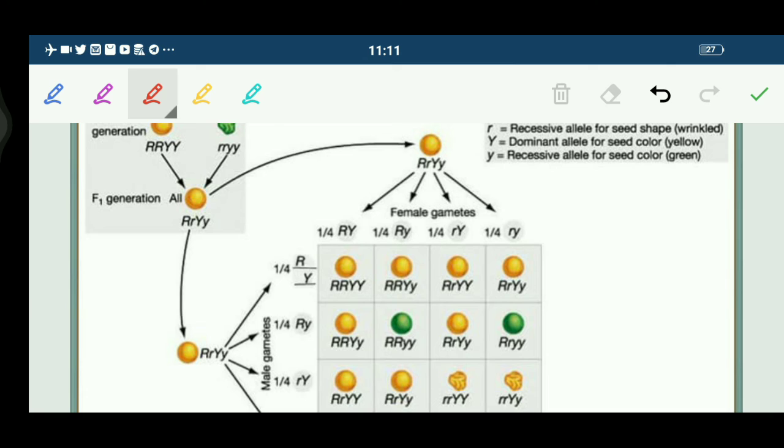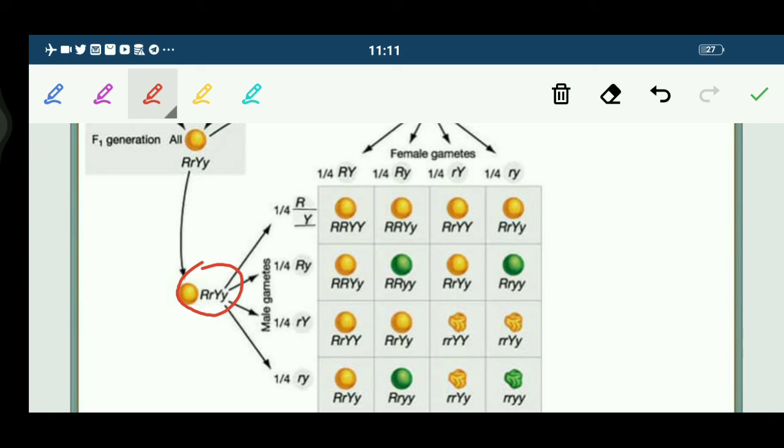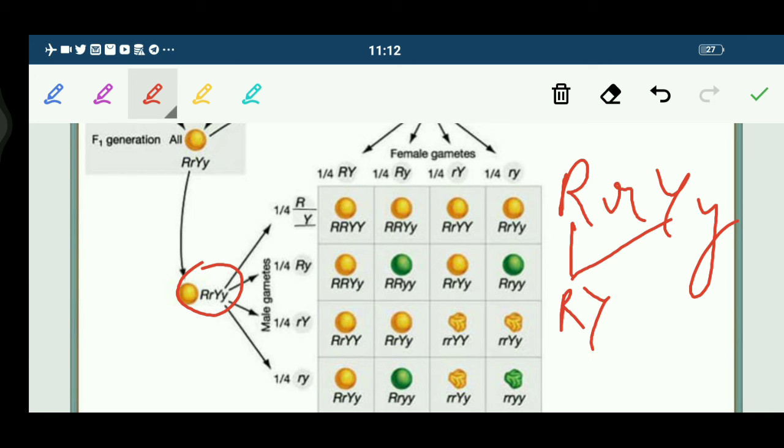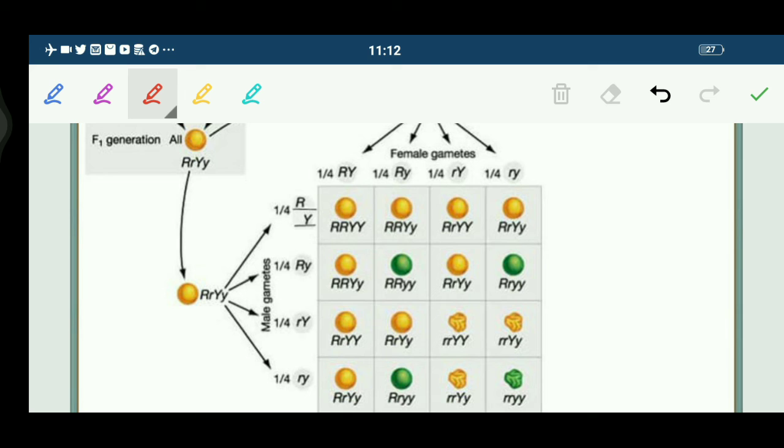He found that the seeds were round yellow, round green, wrinkled yellow, wrinkled green. So you can see here, this was the result for the F1 generation. He did the self crossing. You can see the gametes here: it is capital R, capital Y in this case, RY. Then we have R small y. You just simply fuse them. You make a Punnett square for the gametes. If capital R gets fused with this capital Y, this becomes small y. Similarly this with this. Fine children. This is how the gametes have been formed, and they have been placed here. This is the Punnett square.